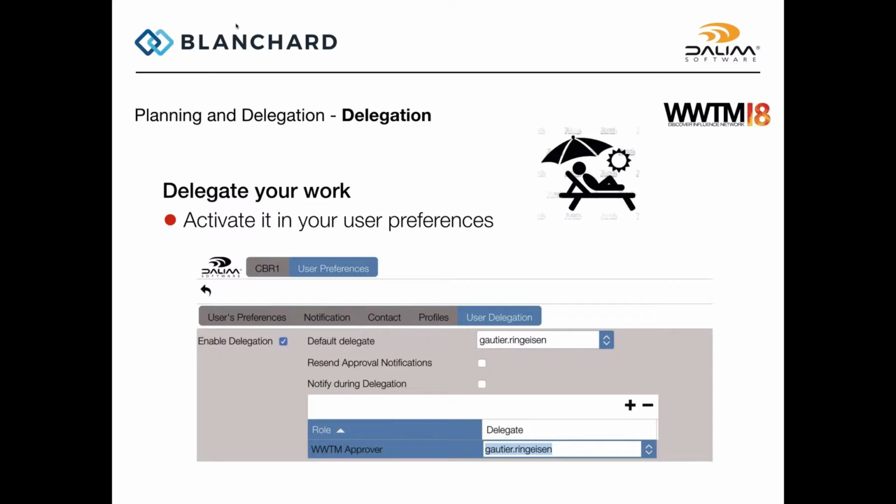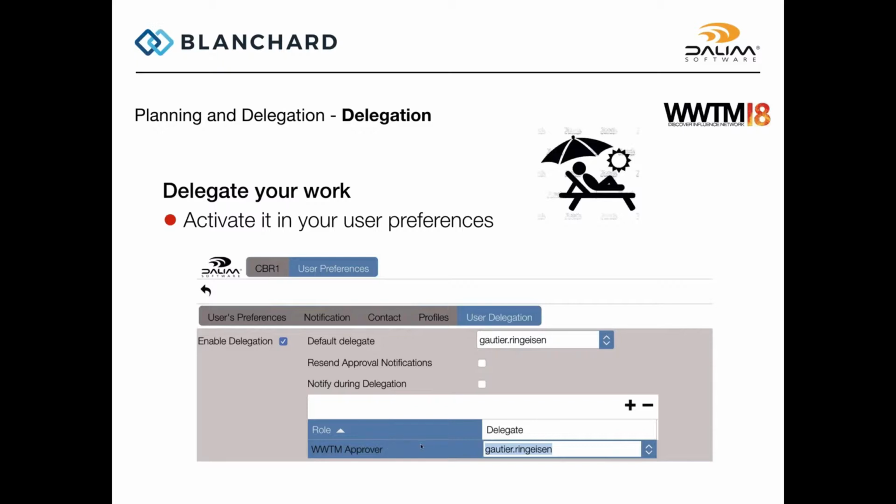So obviously, first thing we have is delegation. So you'll be able to say who is a delegate for this specific user. A user can set their delegation, or a sysadmin can set their delegation. They'll have a default delegate who takes over if they're out sick or didn't come into work. You can set whether you want to resend approvals, notifications, notify the person that they're now delegate,